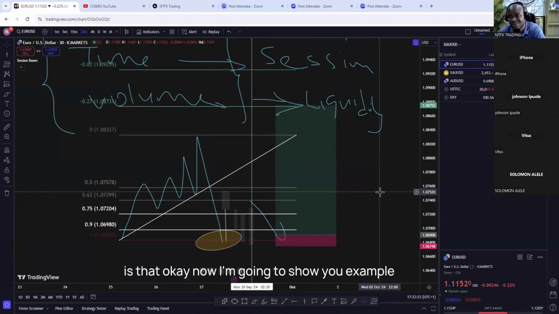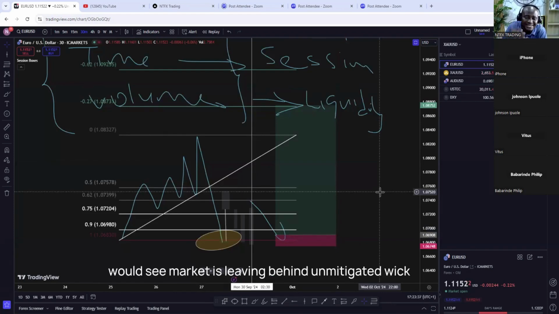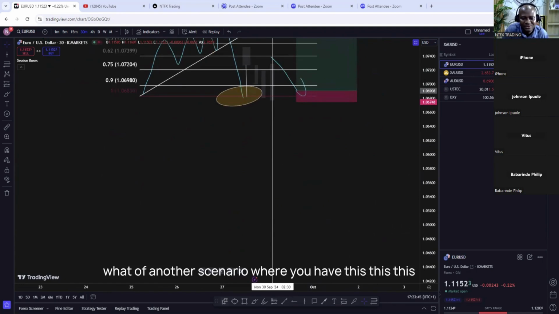Is that okay now? I'm going to show you an example. Are we together? Yes, sir. Correct. This is how this thing works. This is one scenario where you will see the market is leaving behind unmitigated weak. What of another scenario where you have this